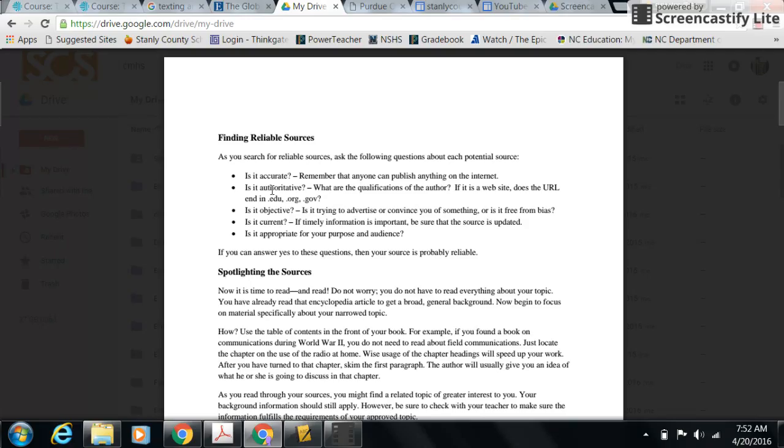So if I were you, I would look for sites where the URL ends in edu, org, or gov. In other words, these sites are what we would consider legitimate. They would probably have accurate information on them. You're going to make sure that,